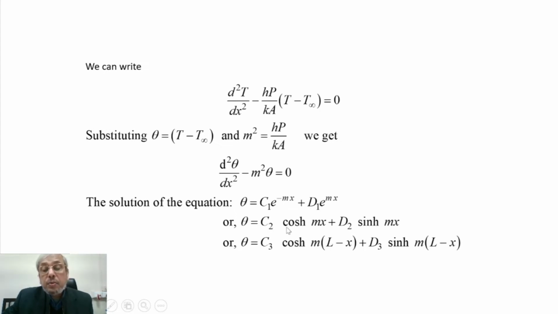Another is c2 cosh mx plus d2 sinh mx, and another is theta equal to c3 cosh m(L minus x) plus d3 sinh m(L minus x). So any solution we pick up,